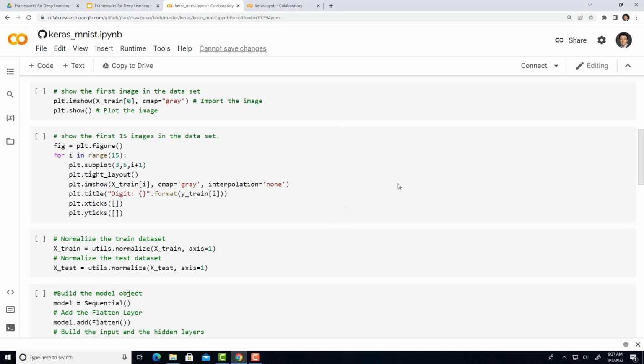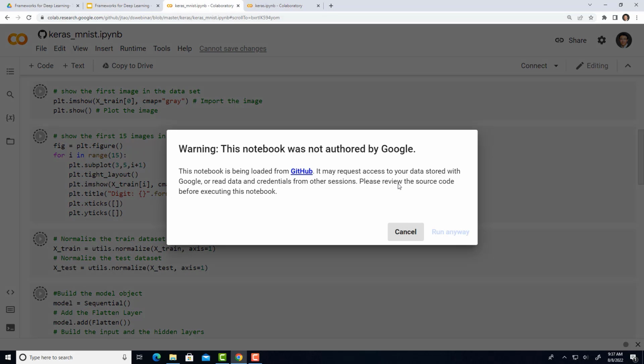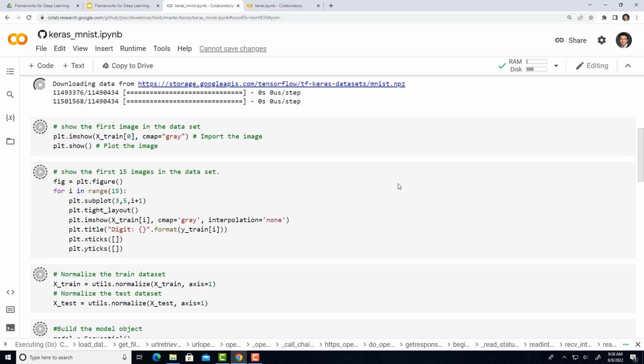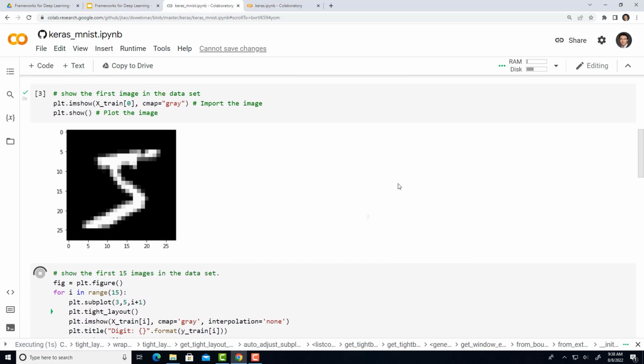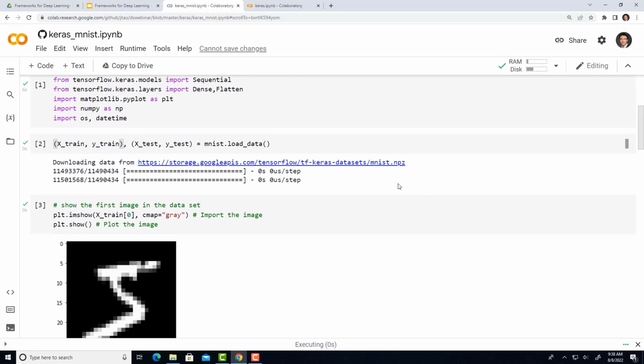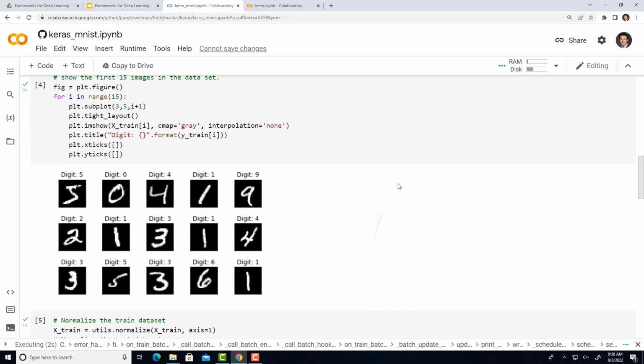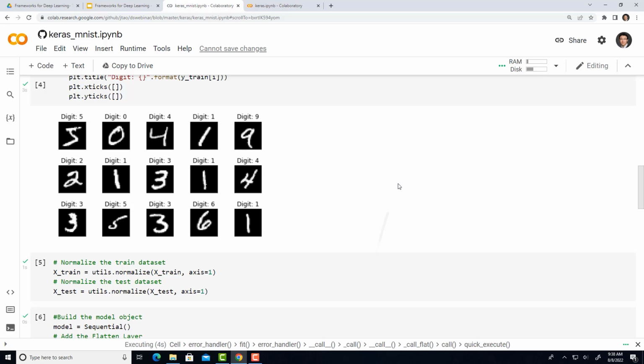And then we plot out the first 15 images in the dataset. We simply start the run function. And then we normalize the data to make sure all the data is in a reasonable range, without very big numbers or very small numbers, so that we can get the dataset printed out and analyzed.